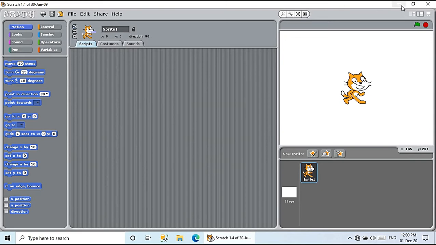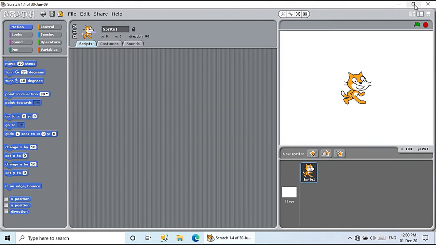Then you have these buttons. These are control buttons together. First one is minimize. It brings your Scratch to the taskbar. Then you have your restore button. This becomes maximize. If your screen is at restore place, and you want it to occupy the entire screen, then you click on the maximize button. It occupies the entire screen, but here it is already maximized.